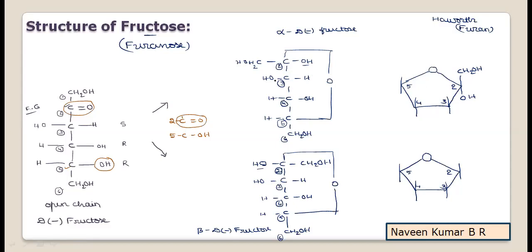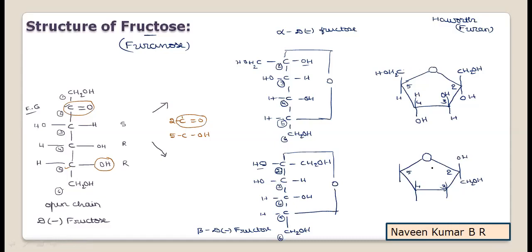Then on the 3rd carbon, OH is on the left, hence it is above in the Haworth structure. On the 4th carbon, the hydroxyl group is on the right hand side, hence OH is below on the 4th carbon. And on the 5th carbon, there is H and CH2OH. When H and CH2OH come, CH2OH should always be placed above. Just for remembering, I am writing the structure like this, the CH2OH formula. You can also write CH2OH like this, so a neat representation of the structure will be easy to write. Then the other atom is hydrogen. Here also the same: CH2OH on the right hand side, hence it is below, OH above.